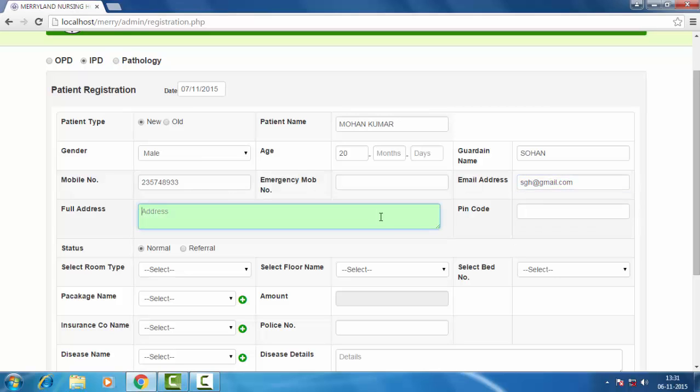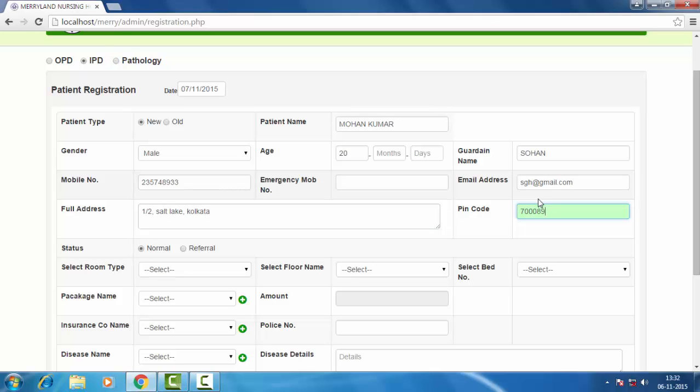Then we can put the address as something like 1/2 Salt Lake, Kolkata, and we can enter the pin code as